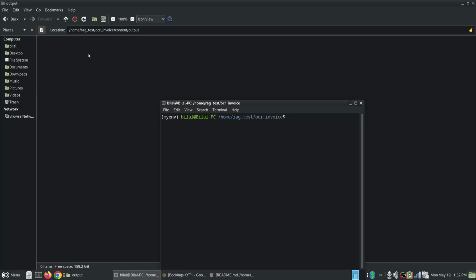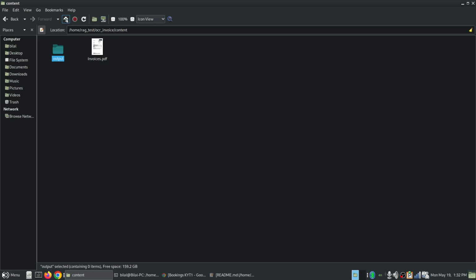Hello, I'm going to demonstrate how you can use a Python-based application to extract information from PDF invoices or bank statements or other documents like driving license or degree transcripts, etc. So basically, we have a multi-page PDF file called invoices, where there are multiple invoices in this single PDF, and